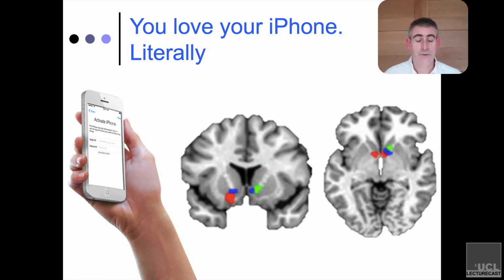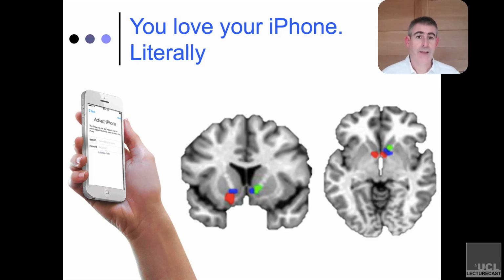So Lindstrom and his colleagues looked at this and said, well, wait a second. What do we know about activation in the insula? This is the clue that we're starting the reverse inference process. And what he said was, what's interesting about the insula is that that's something associated with love. He found a couple of studies where insula activation was associated with romantic love. So it's not that you're addicted to your iPhone, it's that you love your iPhone. Different scenario, but still great news for Lindstrom and for Apple.